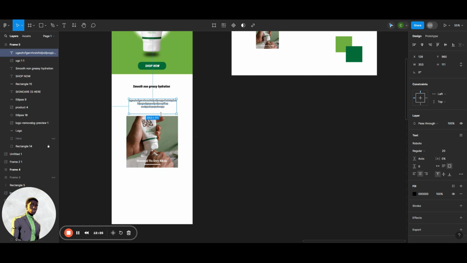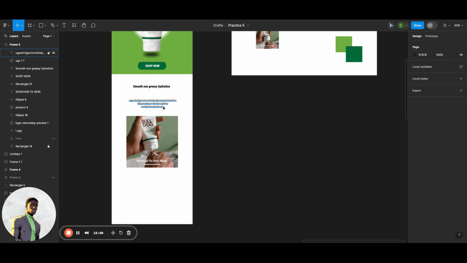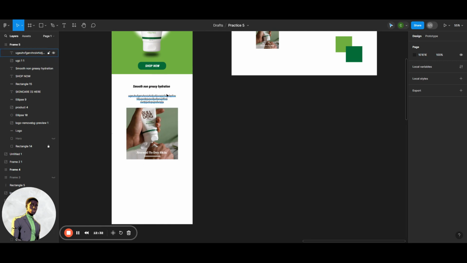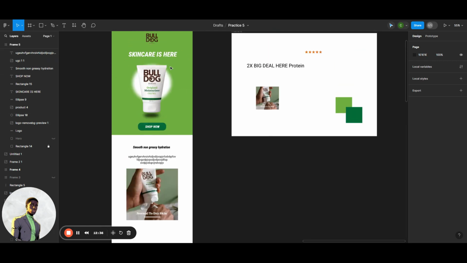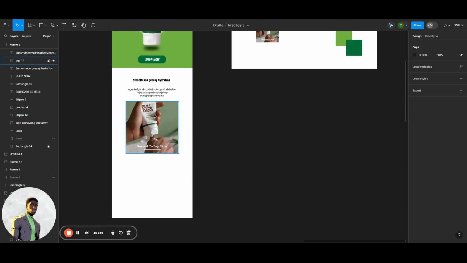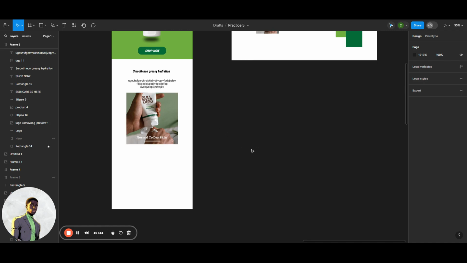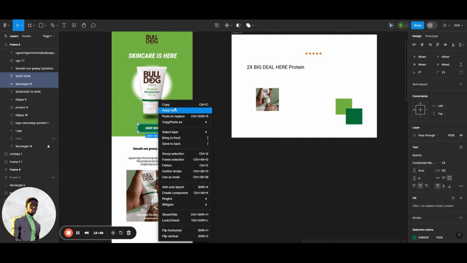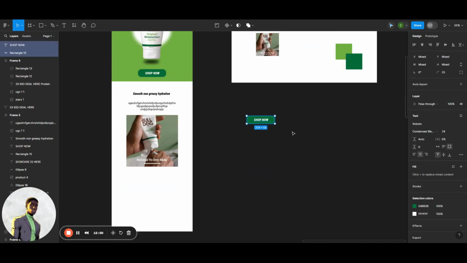So there you go. So this is like smooth, non-greasy hydration. This is just about the product, and then you have a little bit of body copy, another creative which shows the benefits or the features of the product, and then you might have also another CTA button just down here,